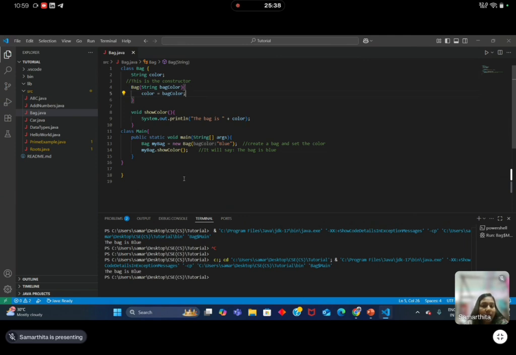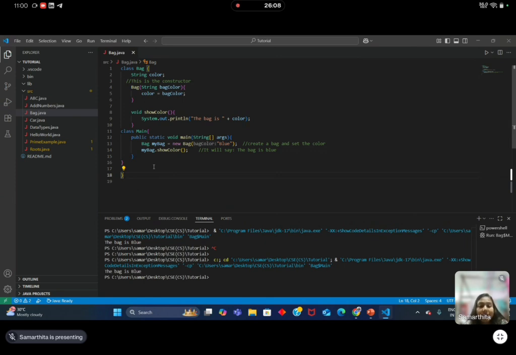So myBag dot showColor means you are calling the showColor method on the object myBag, because under the class, myBag is the object, and here you are calling the method showColor under the myBag object.